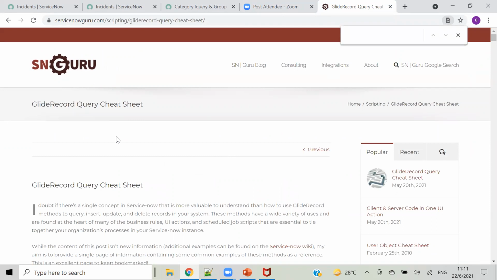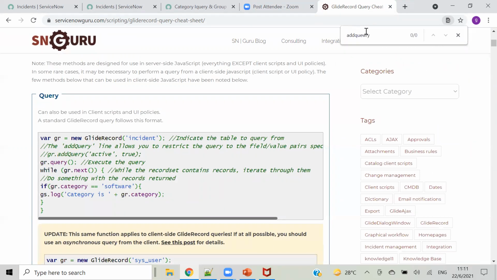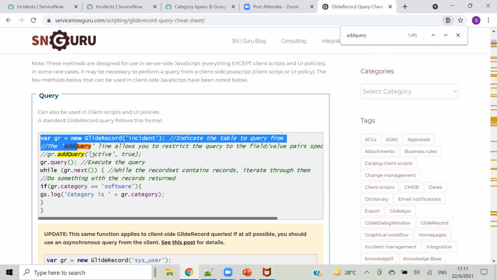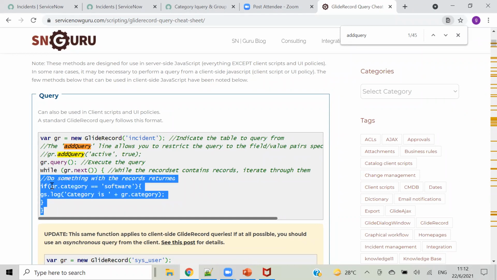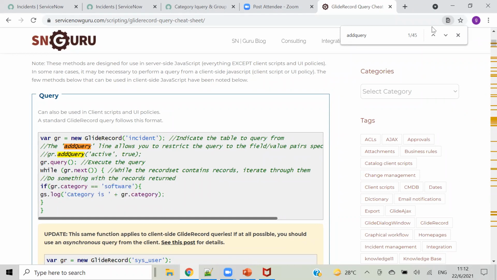Here, add query, you can see we have some examples. So this is incident. He is applying glide record on incident. He is applying this add query where active is true. And here we have that if condition. Okay. So this is the cheat sheet we have.